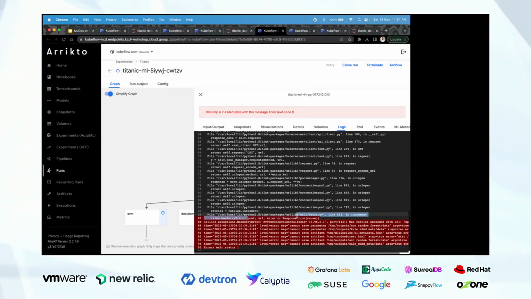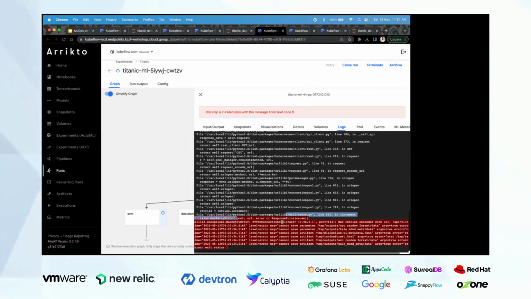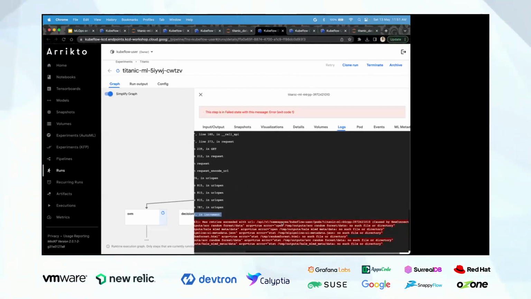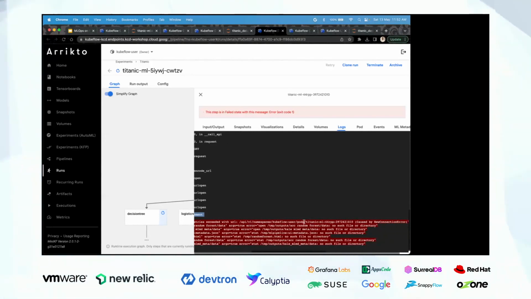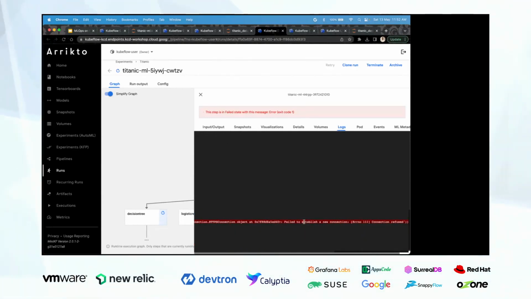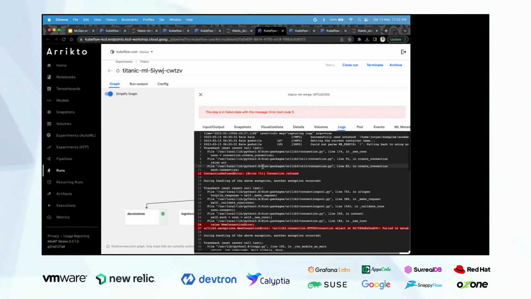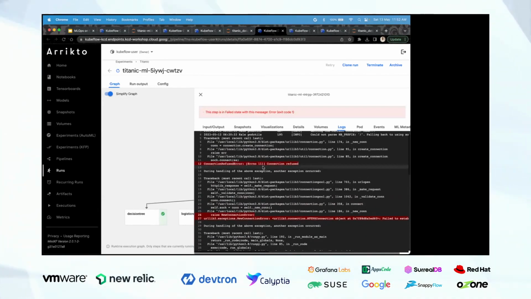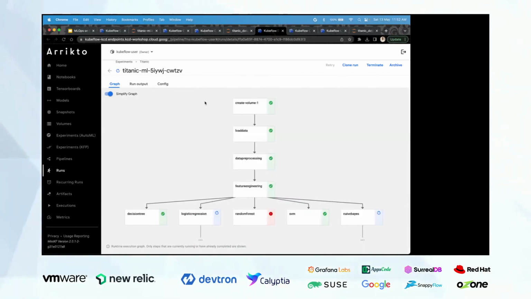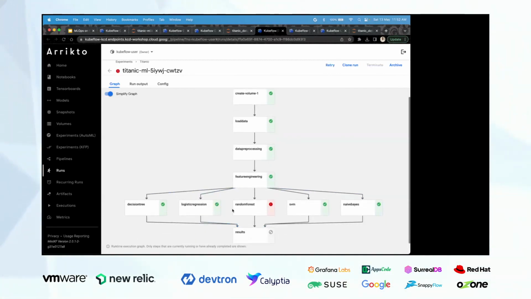There's some file missing maybe. We see that only the random forest has failed and the rest all have run.